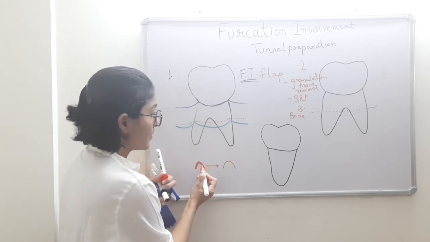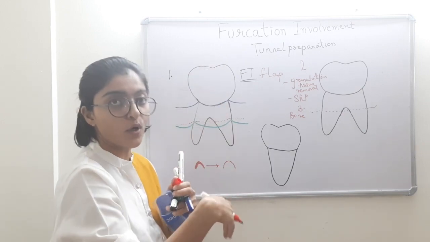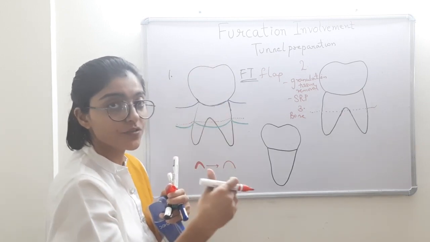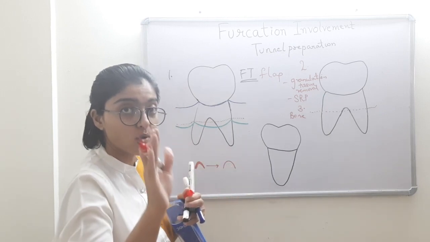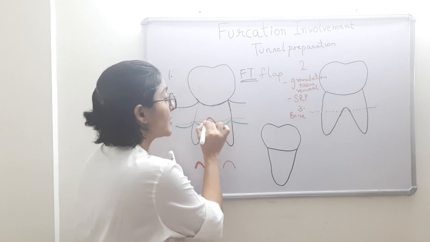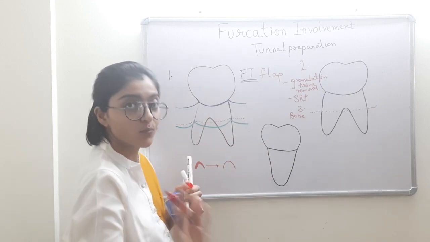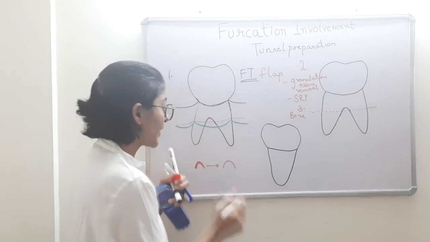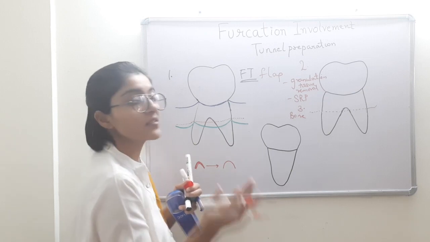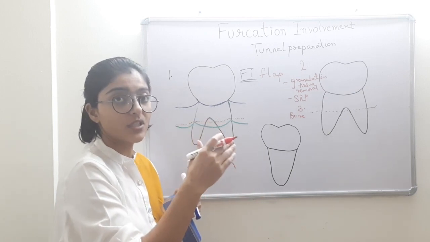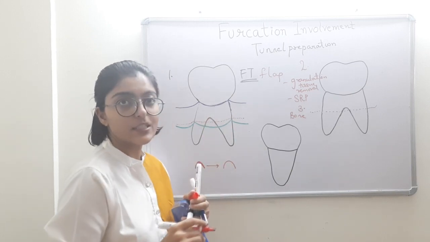So this interradicular bone which is present onto the roof of the furcation or at the entrance of the furcation is also removed from the furcation area only. I am still talking about the furcation interradicular between the roots. I have still not proceeded to the interdental bone, which will be the next step. I am talking about the interradicular bone which is possibly present on all the surfaces of the furcation area, possibly the roof and the adjacent surfaces.